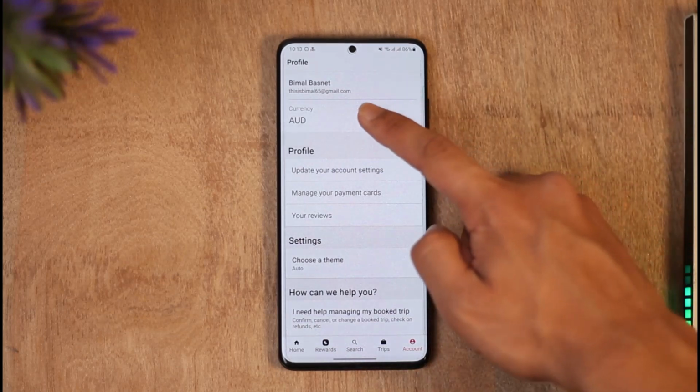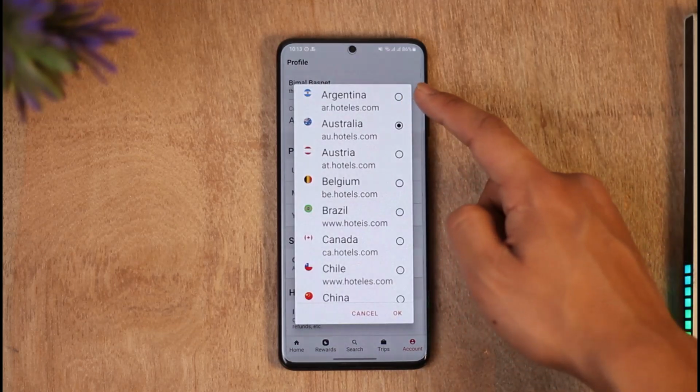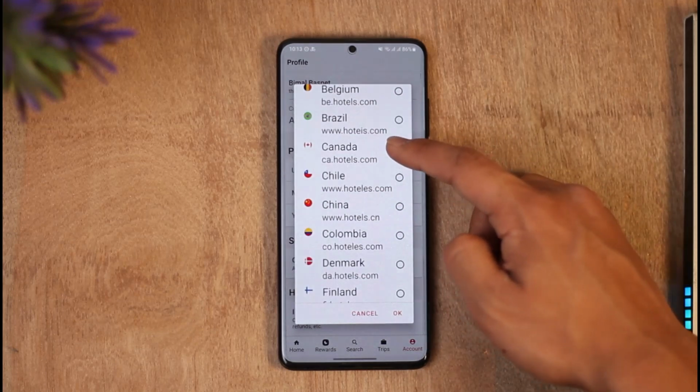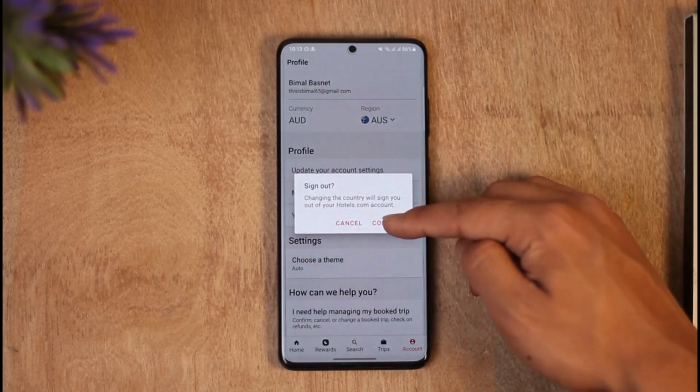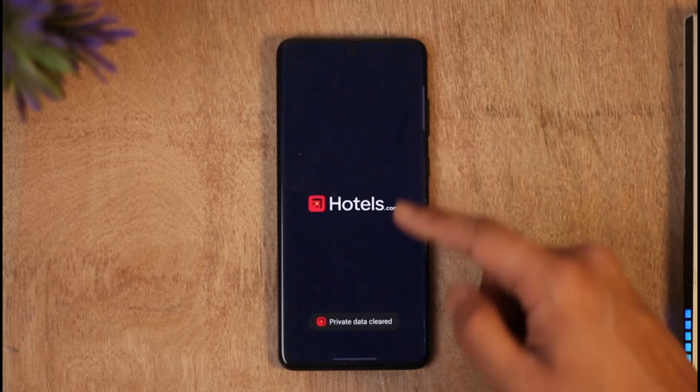If I want to change my currency, what I have to do is I have to change my region, and when I change my region based on the currency that I want, my currency is also going to be changed automatically. So if I select Canada over here, my currency is going to be set to Canadian dollars. This will sign you out of your account first, and once you've signed out of your account, just come back